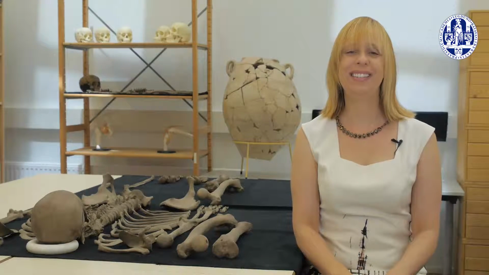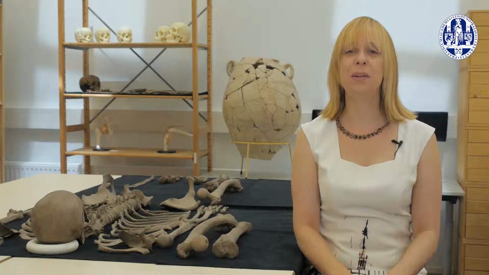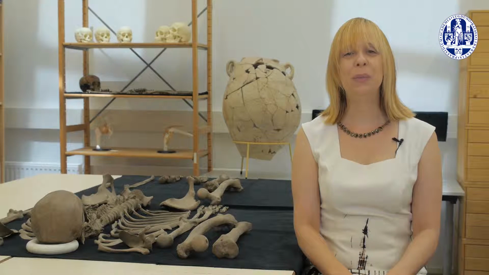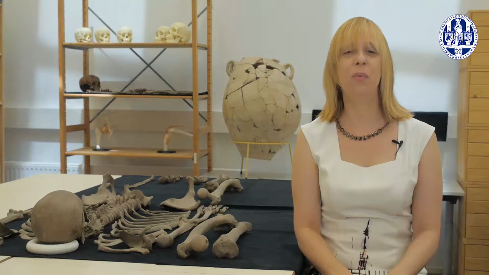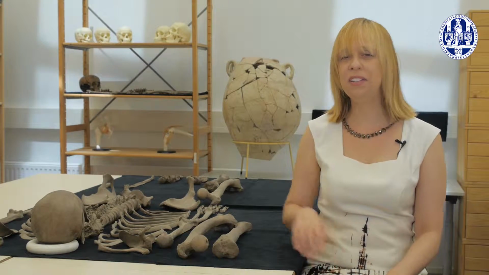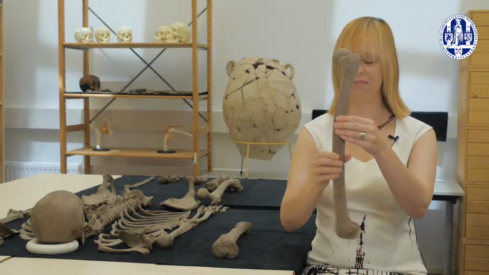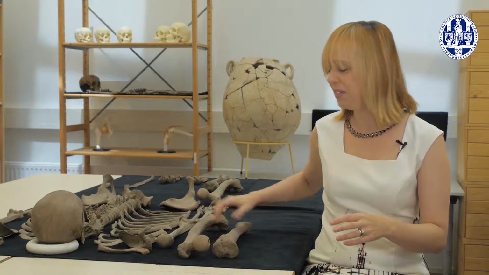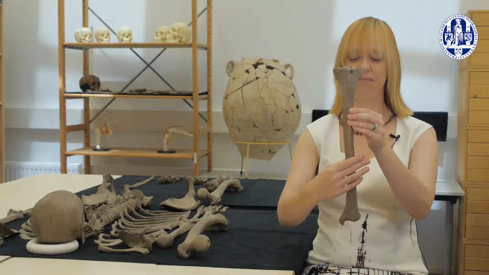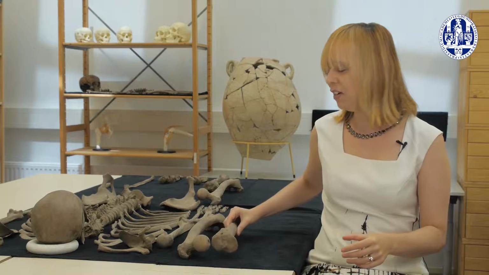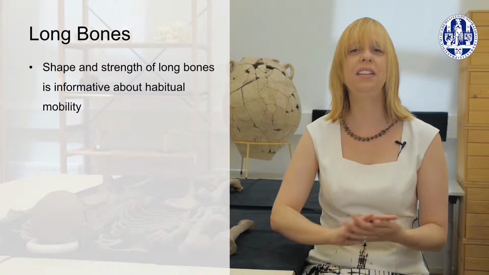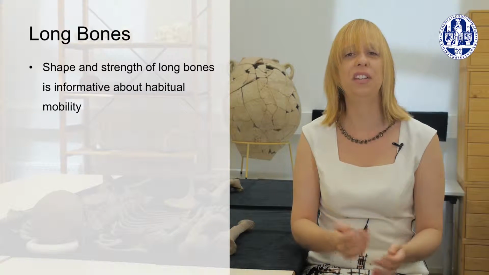Welcome to the first case study of the Mobility and Migration module. Here, we'll learn how the shape and strength of one's leg bones, especially the thigh bone, the femur, seen here, and your shin bone, the tibia, seen here, can reveal a fair bit about the type and extent of mobility that someone engaged in over the course of